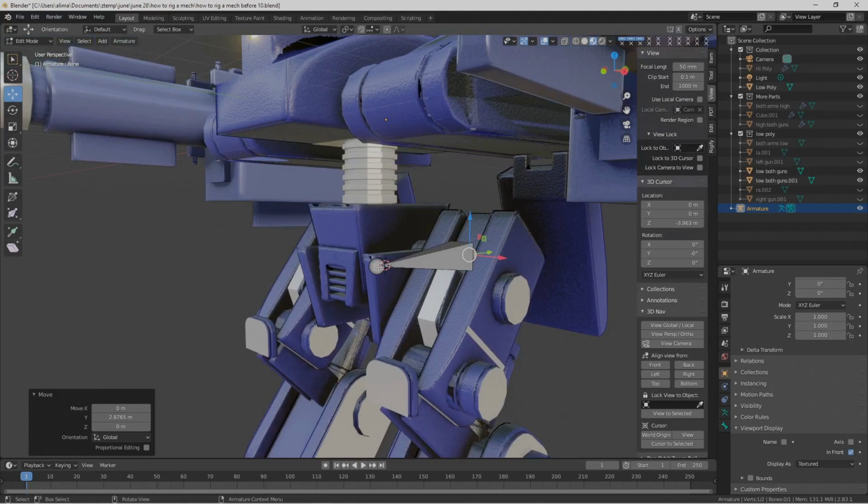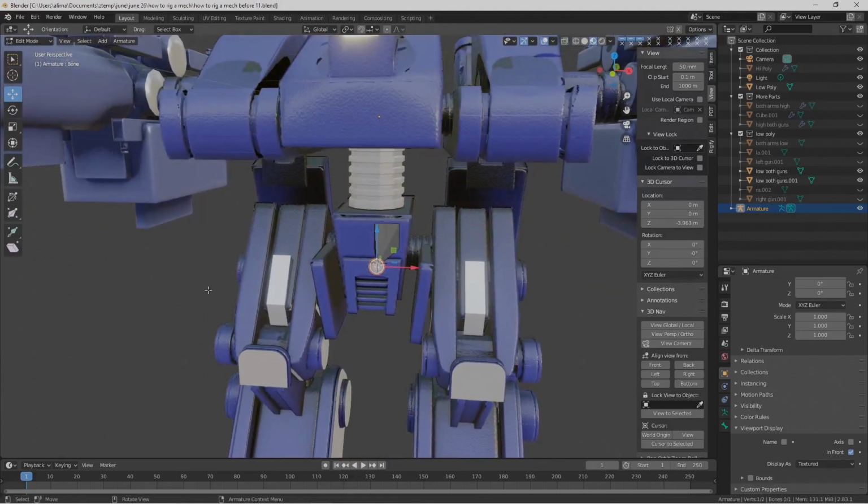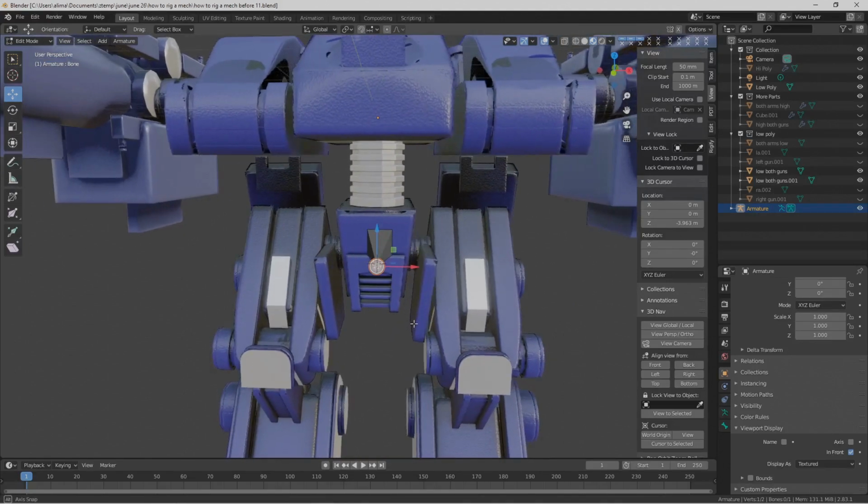So what we want to do now is left click here. Okay, so what we're going to do is we're going to start extruding our bones. So we're currently in edit mode. It's very important when you're rigging to know which mode you're in. So with this